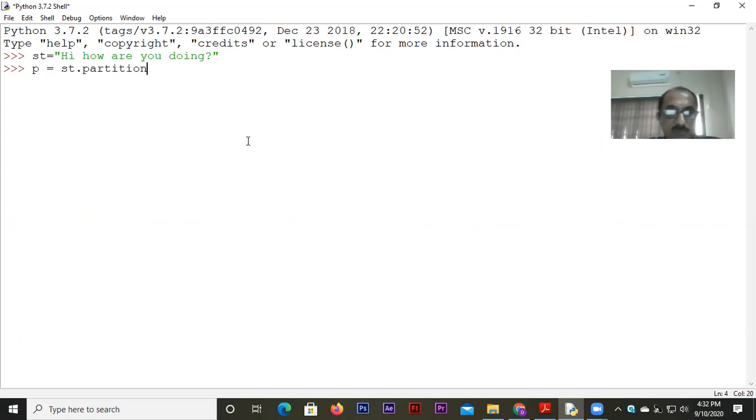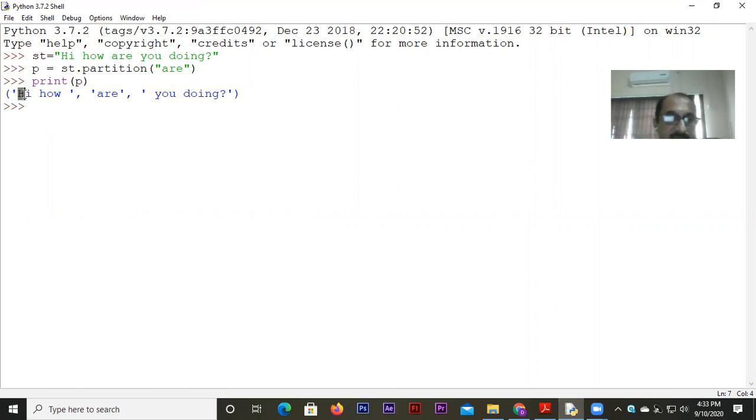If you remember, most of the string functions are used like this: we write the string first and then comes dot and the function, right? So here the string function partition is applied on the string st, and I'm looking for a substring r in the string st. This function will help you search for it and it will show you a tuple. If we print the value of p, we will get to know what kind of tuple we are going to get. Look at this. We got a tuple having three elements.